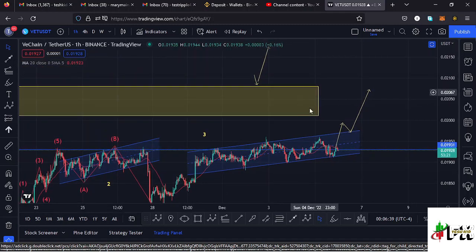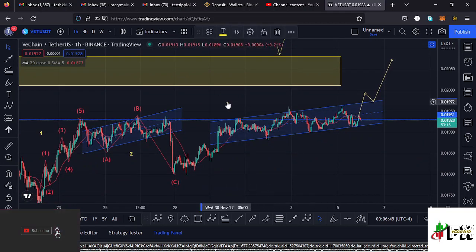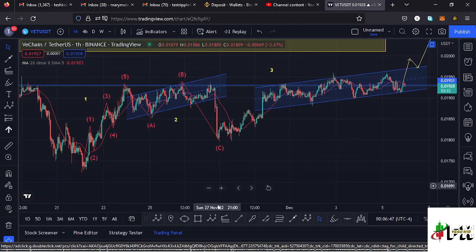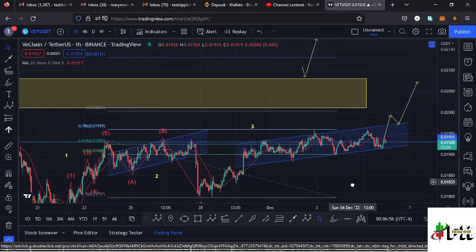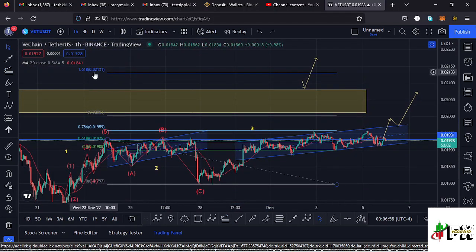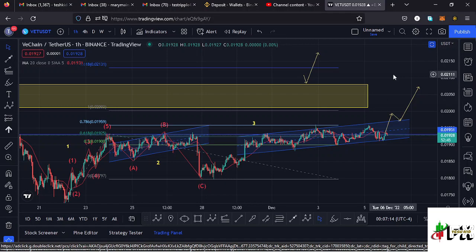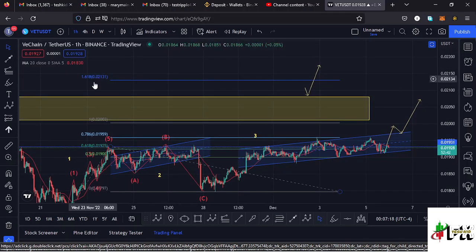And once that plays out, then we can continue pushing even higher and sketching out a minimum target area to the upper side in the formation of this wave 3, using the trend based Fibonacci, connecting it from the low of the first wave down there to the high of the wave 1, then dragging the fibs to the low of the second wave. That gives me a minimum target area at the fib level 1.618, and that is at around the $0.02131 mark. And that is the minimum that I would expect Vechain to do once we manage to break out of the channel, and also manage to break above the key area of resistance at around the $0.02 mark.